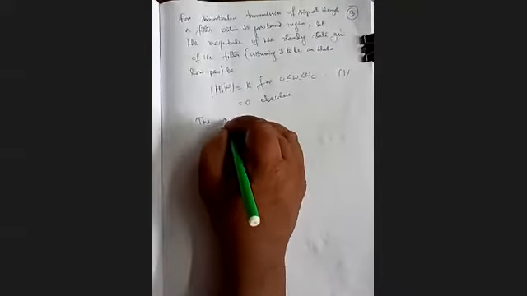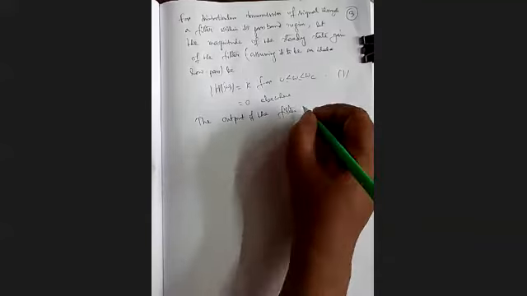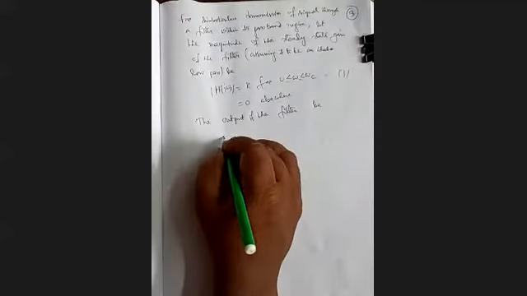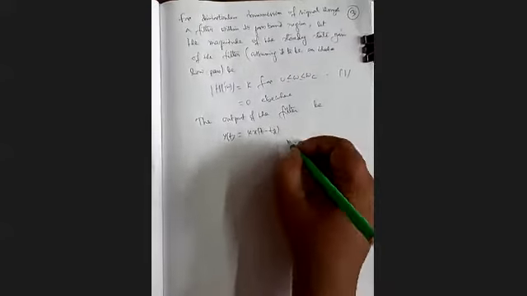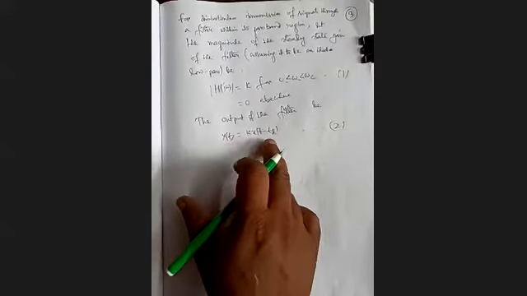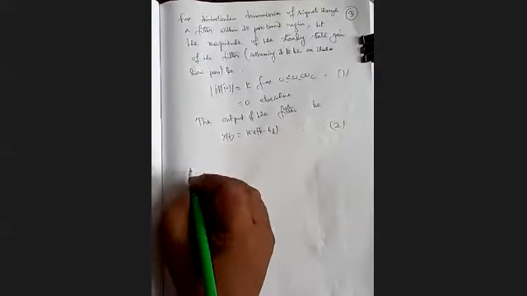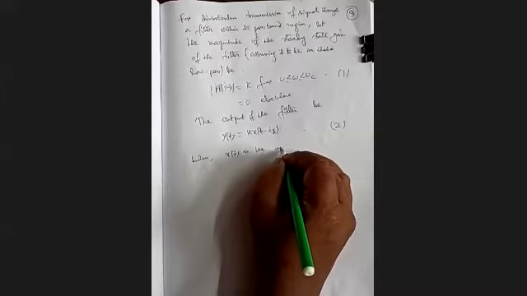The output of the filter will be y(t) equal to K x(t minus td). That is our relation 2, where output is the magnified version of input, magnified by the gain K, and output is just the delayed version of input also. So we can write where x(t) is the input signal